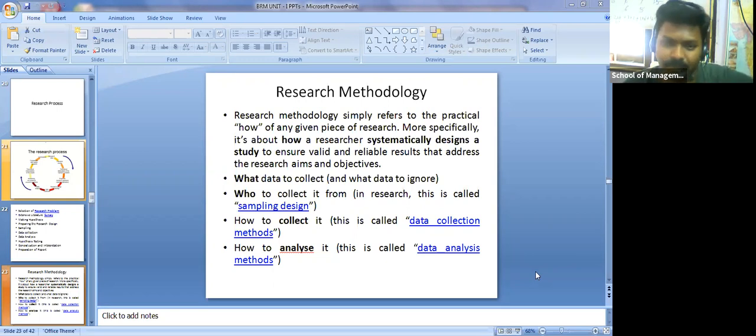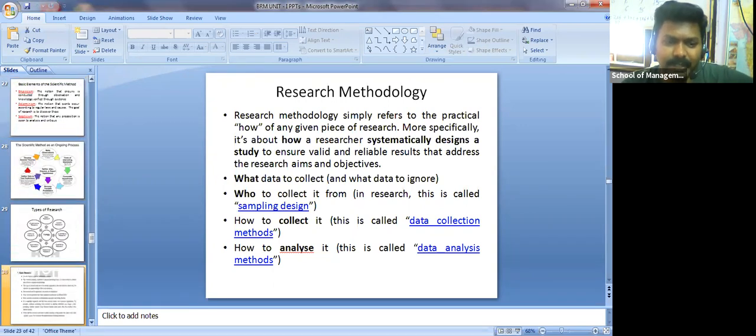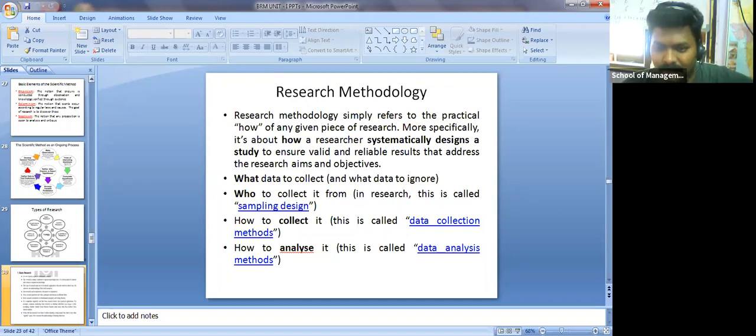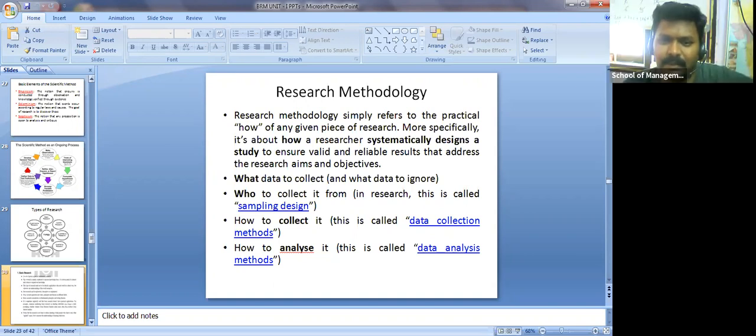Is it clear? Yes, sir. So we'll discuss the rest of the concepts in the next class. We'll stop here. We have two more important concepts in the first unit, that is types of research and research designs. You will forward this PPT after all these topics are done. Most probably tomorrow I will complete, then tomorrow I will forward this PPT. My procedure is like this: let me finish the unit, then after that I will forward the PPTs to you, so that you may prepare.